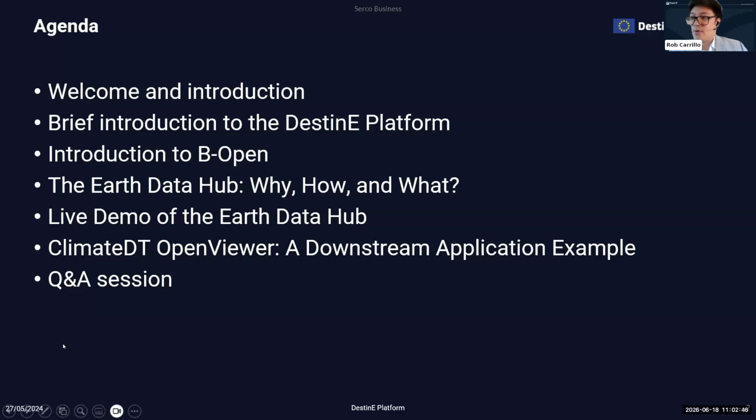We will also introduce BeOpen. Then we'll hear more about the Earth Data Hub, why, how, and what, followed by a live demo of the service, and then the ClimateDT OpenViewer downstream application example. Finally, we'll go into Q&A, but before that, we have another poll for you. That is the portion where we would invite any questions from you.